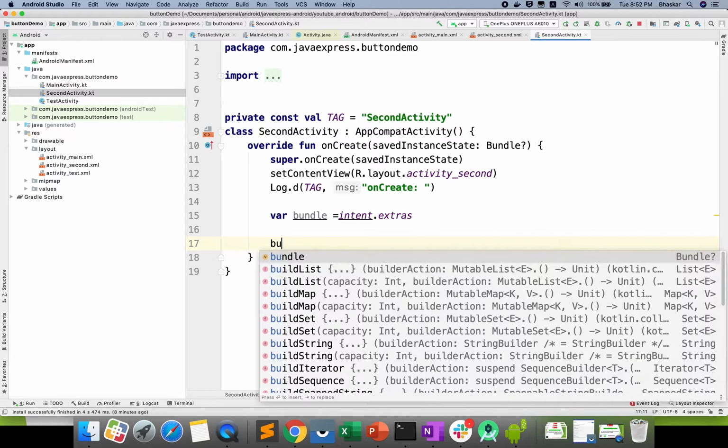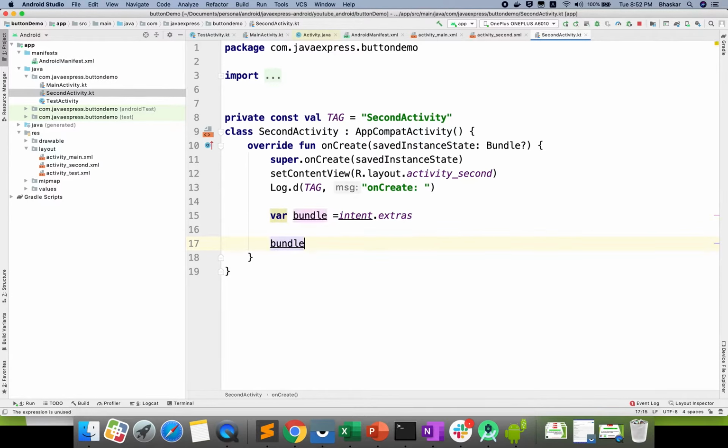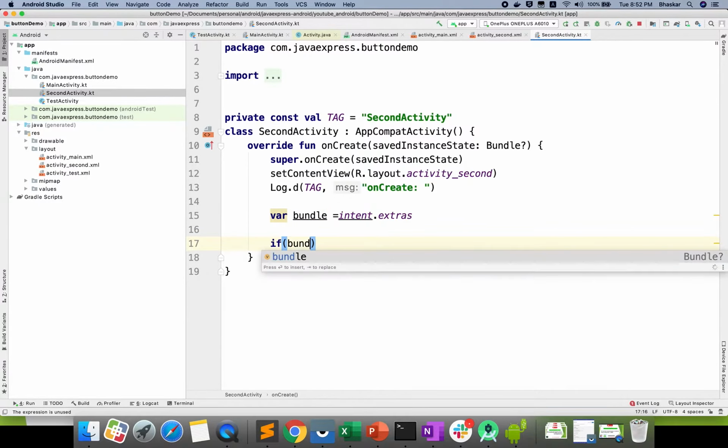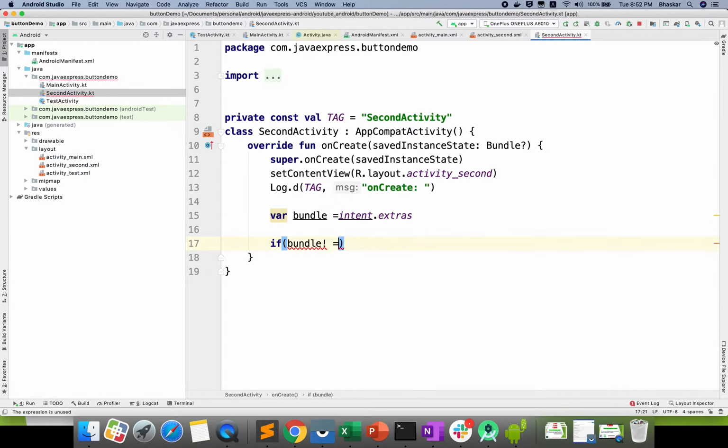What I will do is bundle. If you want to check whether the object is null or not in Kotlin, how does the traditional approach work? If bundle not equals null, this is the way of writing, right? This is the way of writing in traditional programming, in Java.